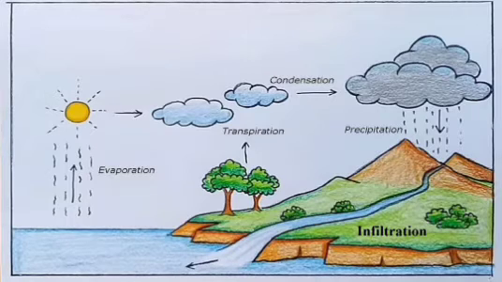The tiny droplets of water in the clouds join together to form bigger drops of water. These drops of water fall down on the earth in the form of rain or snow. Water formed by the melting of snow and some of the rainwater flows into the river and finally into oceans. The rainwater also fills the lakes and ponds and gets absorbed by the soil. So the process of seeping water into the underground is known as infiltration. Some of the rainwater also seeps through the soil and goes under the ground. The occurrence of the water cycle in nature is a continuous process.